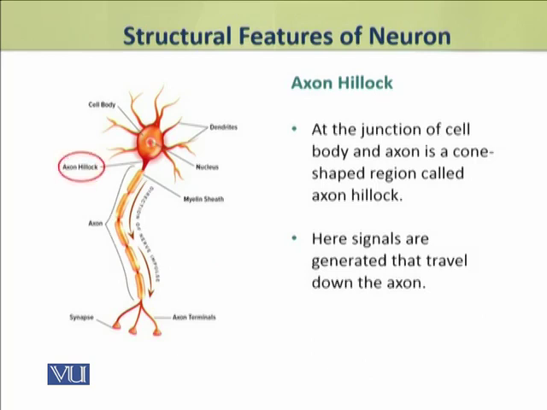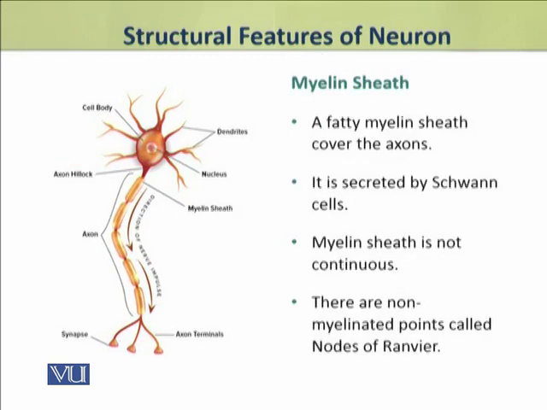Now we shall discuss another part of the neuron, that is the axon hillock. Axon hillock is present at the junction of cell body and axon. It is a conical shaped region. It is the place where action potentials and signals are generated जो कि फिर पूरे एक्सोन में ट्रेवल करते हैं।